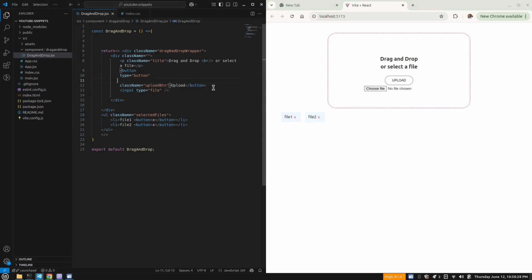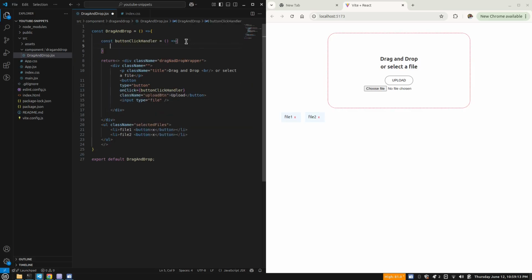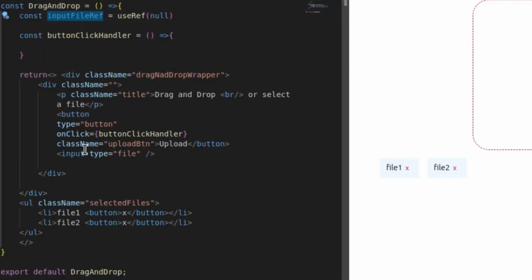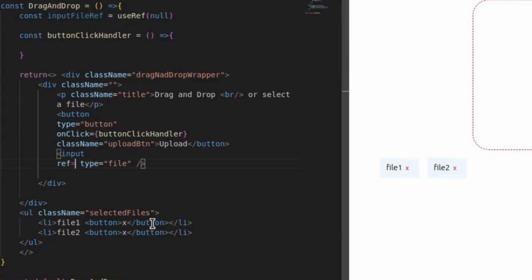First of all, we need to create a function that is going to be fired on the click of the upload button. So onClick. What are we going to do within this function? In this function we are going to write logic which will trigger the input type file element. For that we need to take the reference of the input type file. So here I am going to create a ref that I am going to use for the input type file element, and I am going to attach this to the input element. So ref equals to